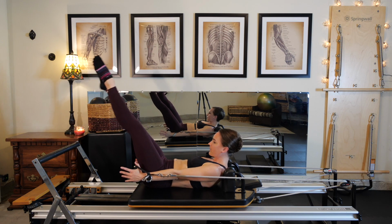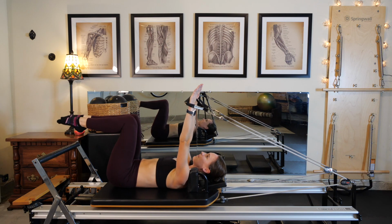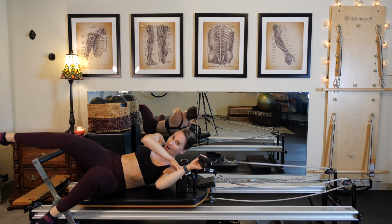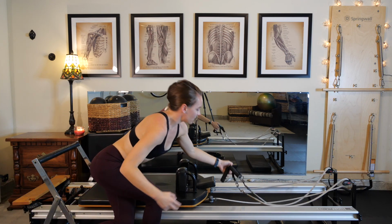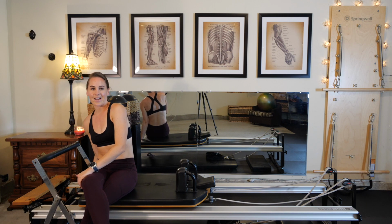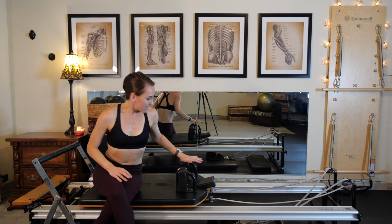5, 4, 3, 2, 1. Bend the knees in, lower the head, lift the arms, feet find the foot bar to guide your carriage in, and then we'll sit ourselves all the way up. You can ditch those straps on the floor for a moment. We'll adjust our spring setting down to 1 blue spring, and then let's make our way onto our knees facing